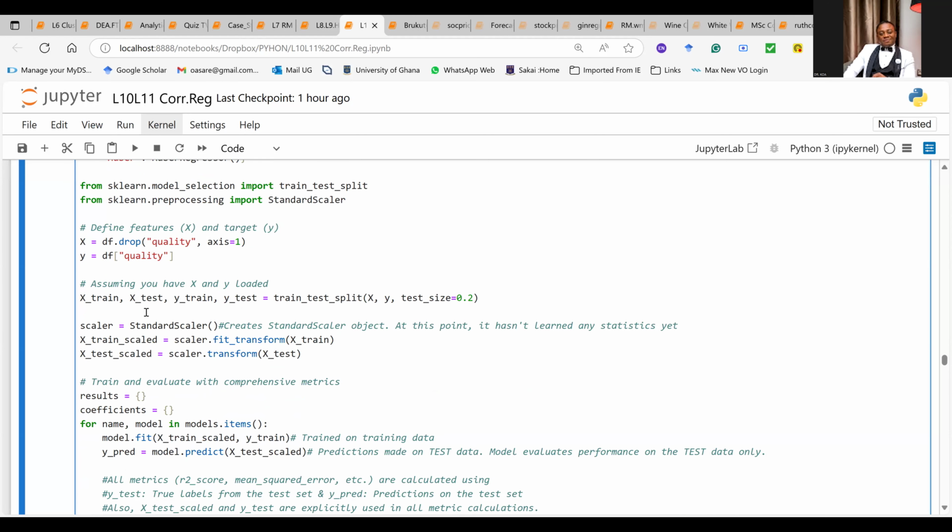The next thing is that we got to assume, before you do the next command I'm about to show you, that you've done the first one that I did here. So once you've done this loading, you've indicated which ones are the features and which ones are the targets.